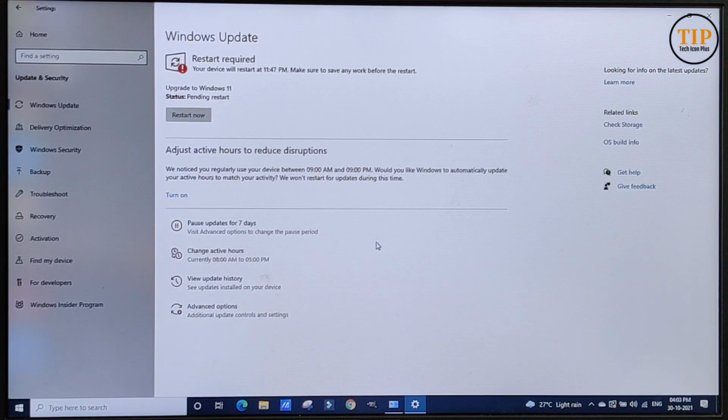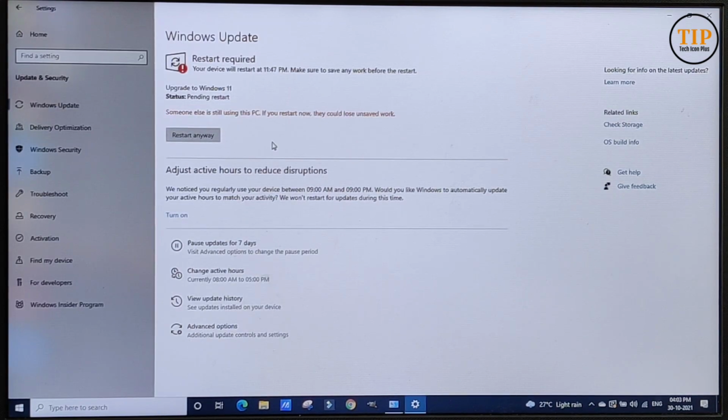I have two users on this laptop. So I'm going to restart from the restart option shown in the update page so that I can skip. Yeah, I can reboot it anyway.